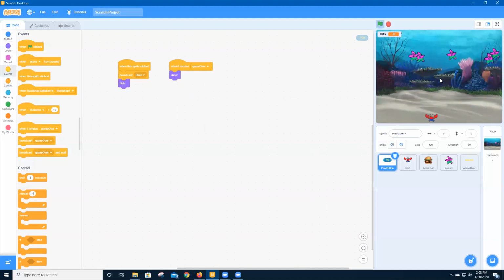Every time we lose, we get a new play button. Every time we restart, I can shoot these guys. Hope I don't get hit by them. They respawn at the top. They hit me. Game's over. Play. Now, there's some things that we can add to have this game look better when we hit bad guys and when bad guys hit the hero, because right now they just go away and nothing happens with the hero. So we're going to put in a few graphic effects here in order to have that gameplay a little bit